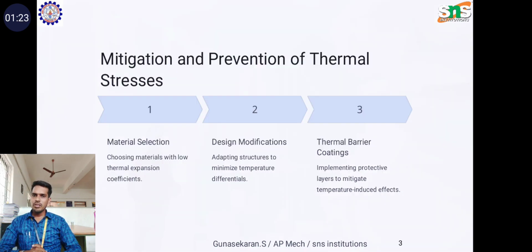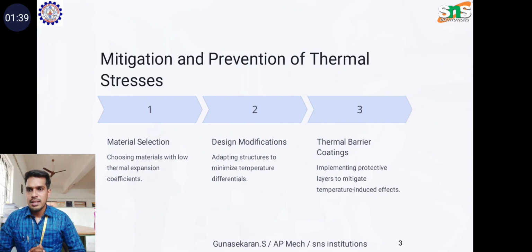Mitigation and prevention of thermal stresses. It involves several stages like material selection, design modifications and thermal barrier coatings. Material selection means choosing a material with low thermal expansion coefficient, and design means adapting the structure to minimize temperature effects, and thermal barriers means implementing protective layers to mitigate temperature